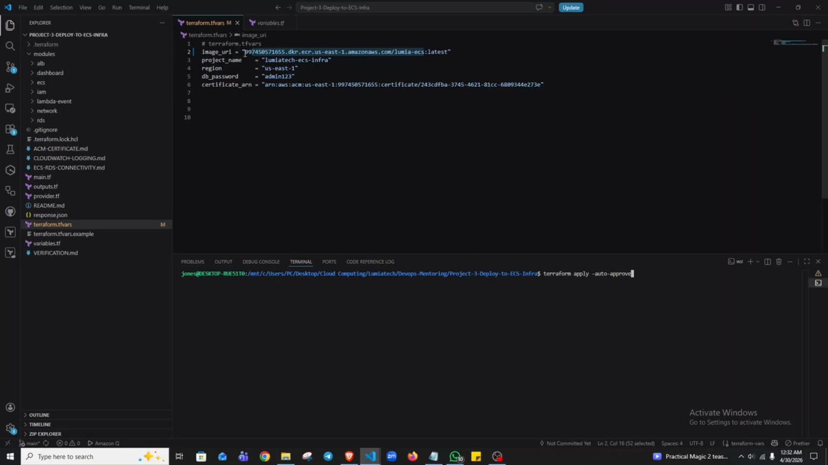So we make sure that we have our personalized variables that are there. If you use mine, yours is not going to work because it's going to try to access my stuff, and you're not going to be able to do that. So when I run terraform apply -auto-approve,